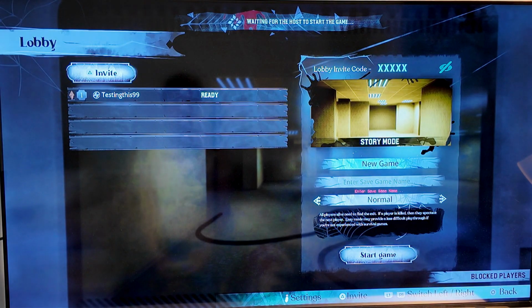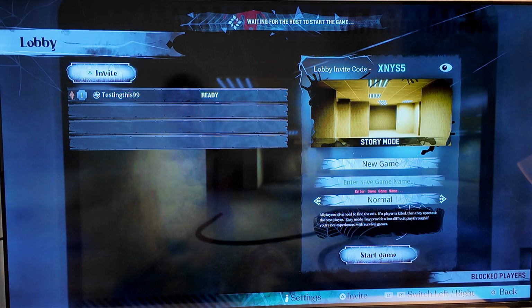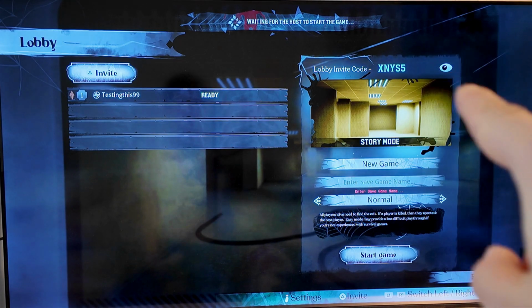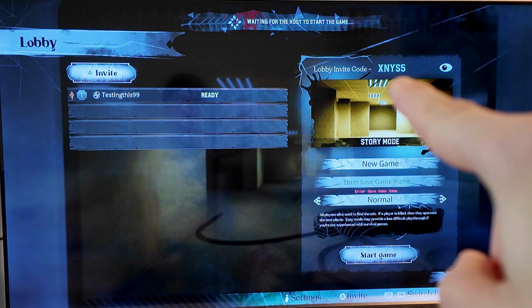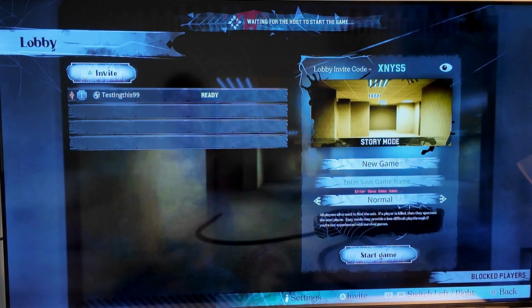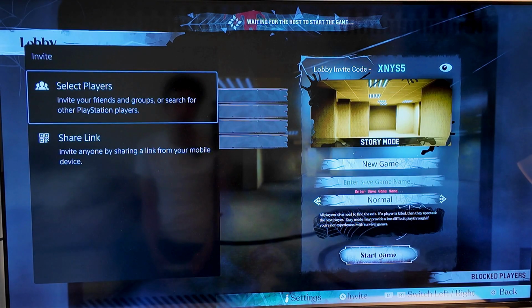And now what I need to do is invite my friends here. So you can see there's going to be a code here. If you click on the I symbol, you can see the code. This is the code that your friends, or whoever you want to invite, actually need to enter to be able to join. You can also click on the invite button here, as you can see,